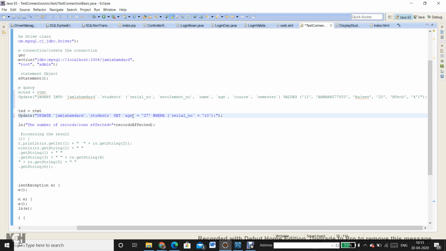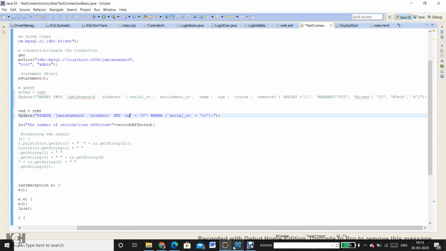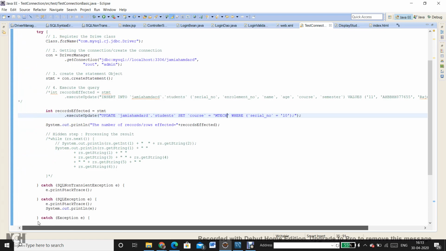I want to change the course, so I will say course to a string value, say MTech, and let's try to fire, and I am printing how many rows are affected.